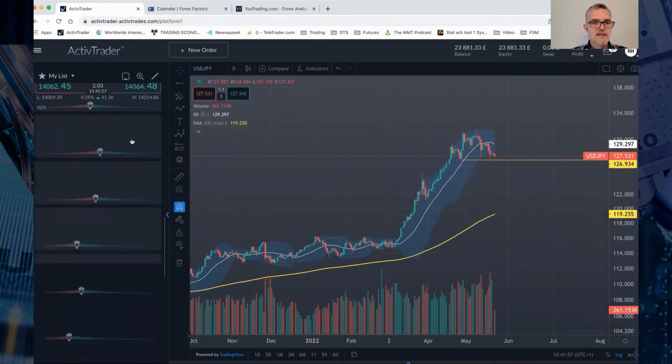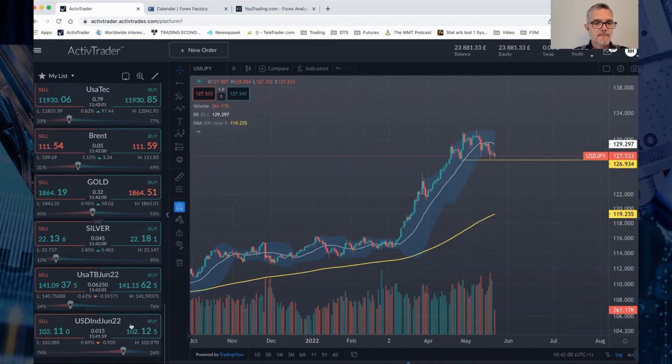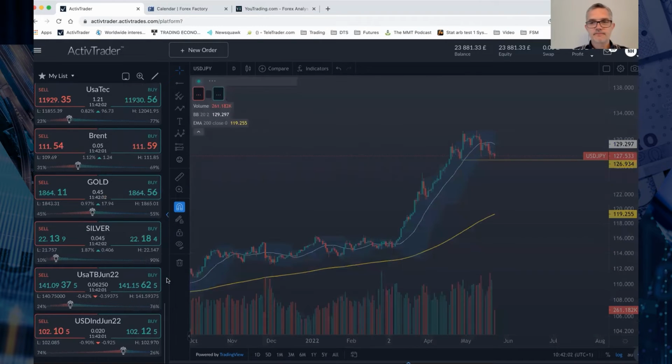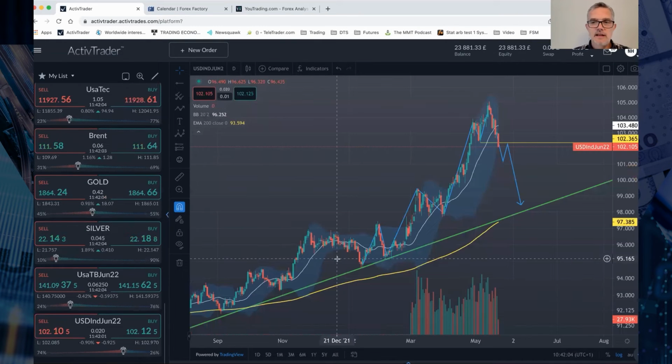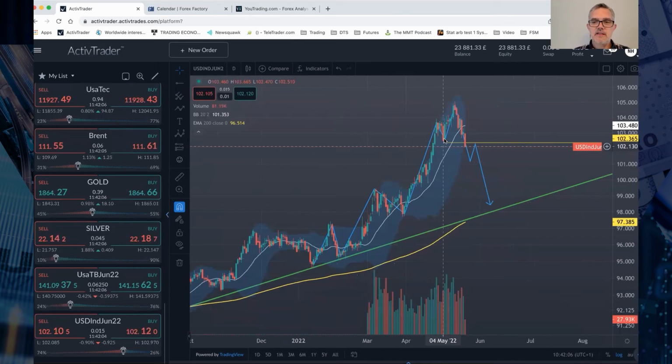Going to the actual dollar index, the dollar has now breached the swing low from the 5th of May, 4th of May. So that was the FOMC day on the 4th of May, Bank of England on the 5th of May. We made a swing low there. Essentially, we've come back below that now. I'm now expecting to see a retest of that level at some point before a push lower back into some of these bigger ranges, maybe just below 100.